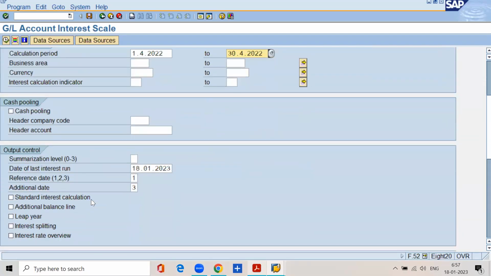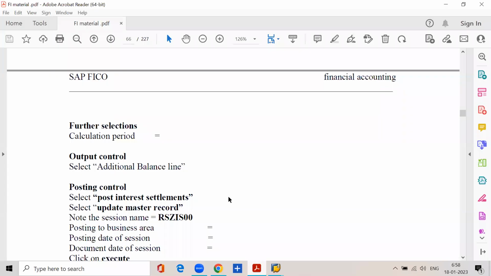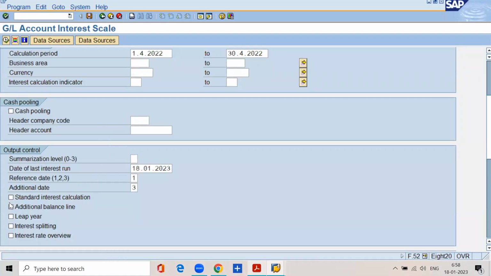Under output control, select additional balance line. Write down there. By selecting this checkbox,